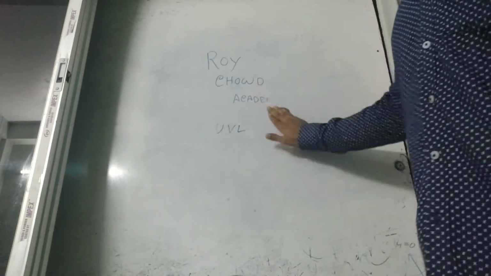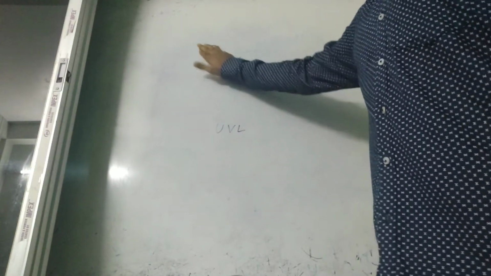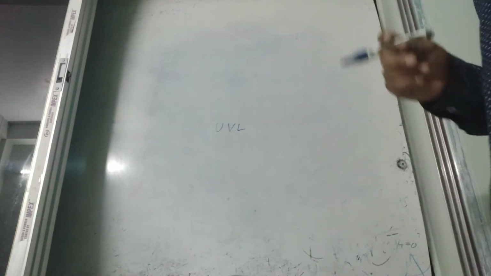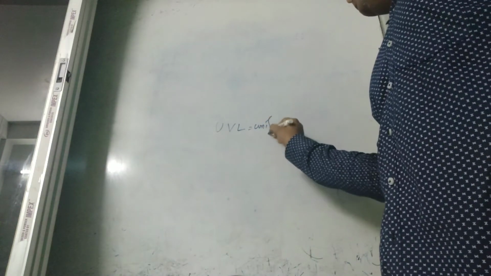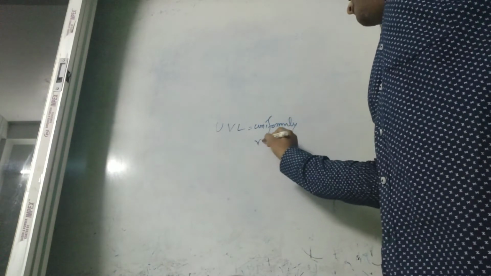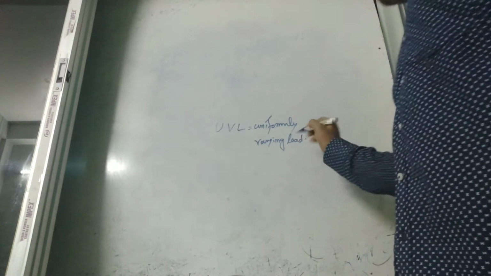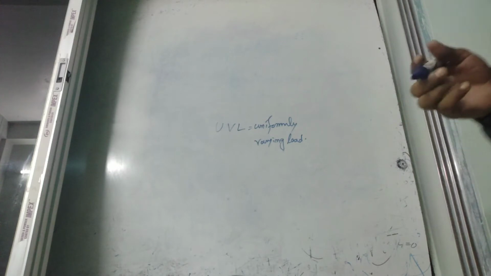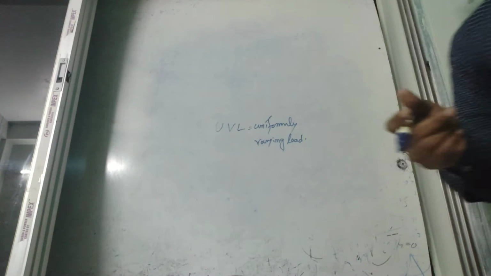In this chapter, I will describe how to draw the shear force and bending moment diagram over a cantilever beam in case the load given is a uniformly varying load. In this load, what is different as compared to the UDL? Uniformly varying load is much different from the UDL. UDL means uniformly distributed load. In that load, we use 20 kN per meter, that is fixed.